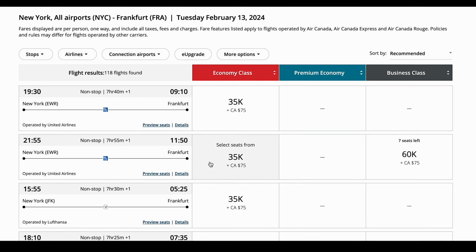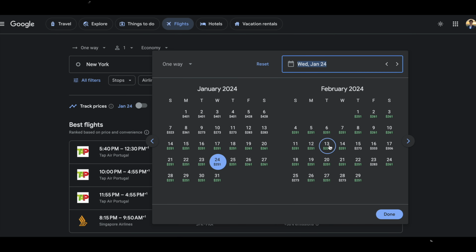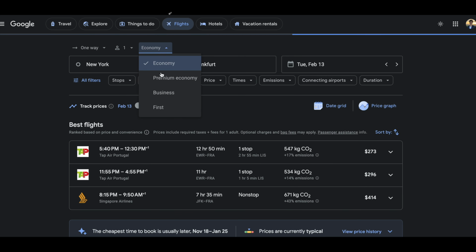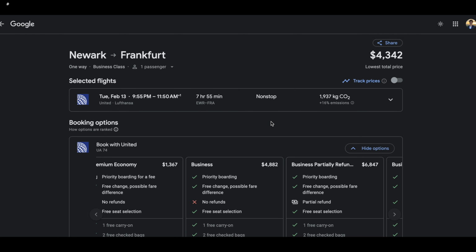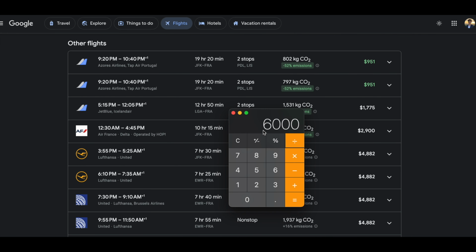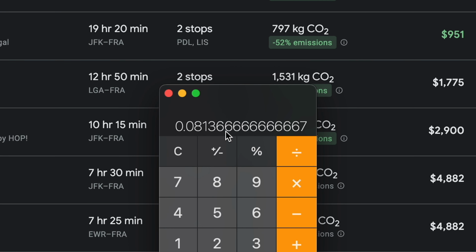I really just picked a random date to fly, so let's go ahead and see what the cash value of this flight is, so then we can calculate the cent per point value. Okay, this would be $4,882 if we were to book with cash, which is really incredible. This is a pretty ridiculous redemption that you would theoretically be getting 8 cents per point in, but you have to understand there's plenty of other flights around the same date and time that are for a third or even a